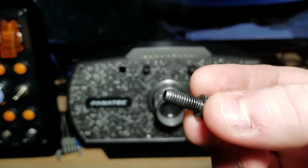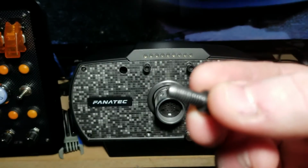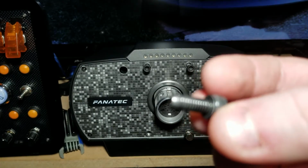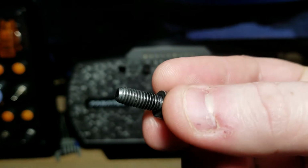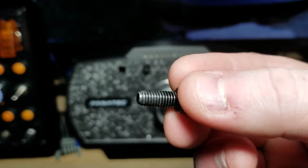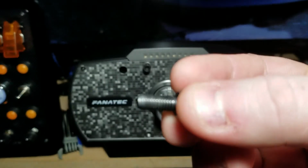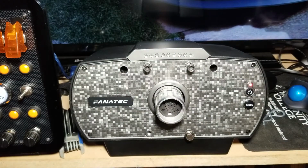Problem is, I don't know how well you can see this, but there we go. If you see, it's trying to focus here, the end of that screw is coned a bit. It's conical. Yeah, there we go, that's better. And you'll see the threads there are really worn at the edge. That's because when you go to put a wheel on, using the original screw,